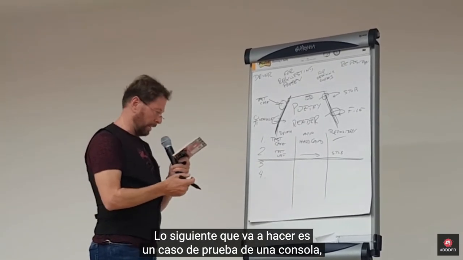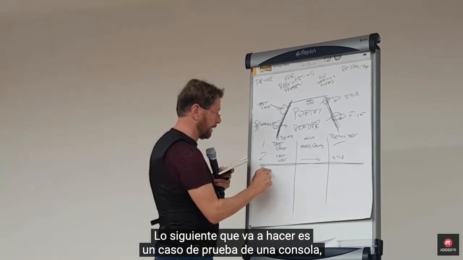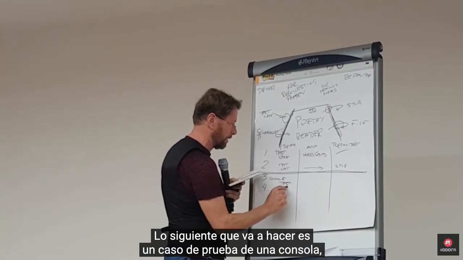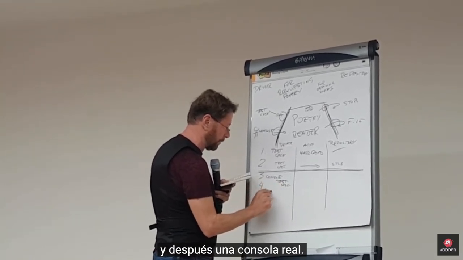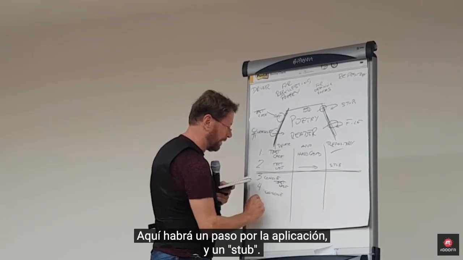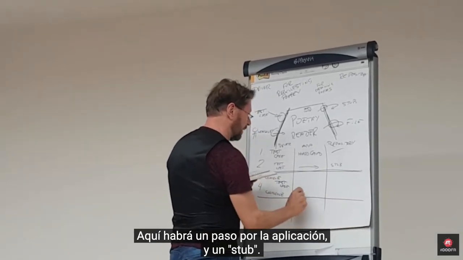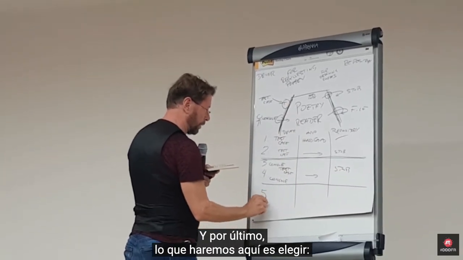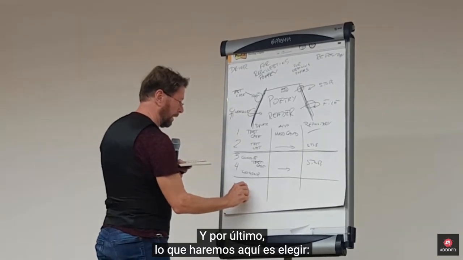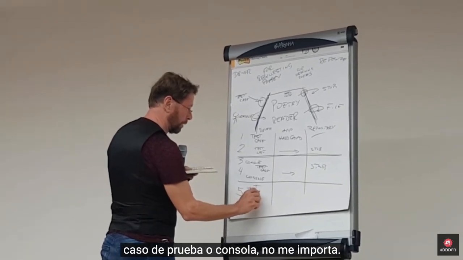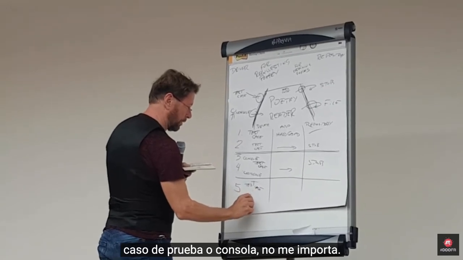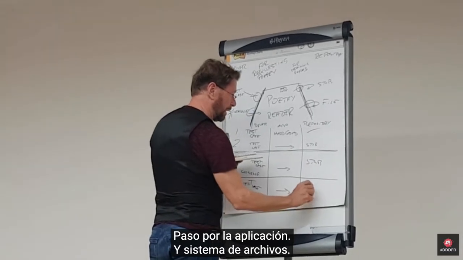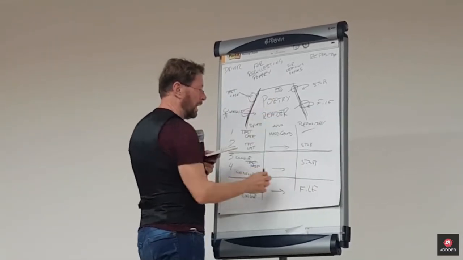You have it. So the next thing he's going to do, because he's a test freak, is he's going to do a console, but he's not going to do the console, he's going to do a console test case. And then he's going to make the real console. And then, if we have time, that'll be a pass-through and still with a stub. So now we've substituted on that side. And now, the last one that we'll do, and then I'll let him choose, because I don't particularly care, test case or console, that's up to him. He could choose that at the last second or change it. Pass through and bringing it in from the file system, and then we'll have all four. And at that point, you just